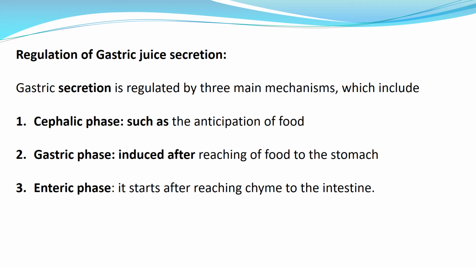Factory, the COGT, which is called the intake phase. It started after reaching the chyme to the intestine. As you know, we said as a result of the mechanical and chemical digestion of the food within the stomach, the food particles can be converted into a thick liquid form, which is called chyme. So when this thick liquid reaches the